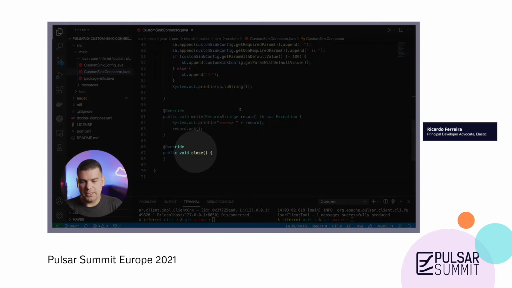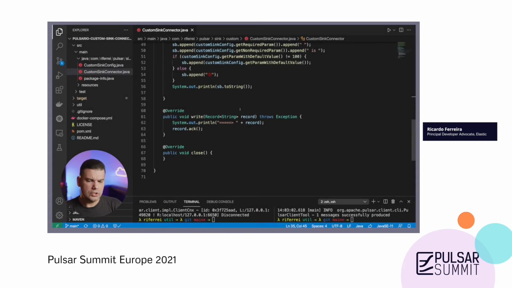And you have the close callback. I didn't use it here, but here is why and where you're going to use the close method. Maybe you've established some resources or created some threads, things that are expensive from the hardware resources consumption perspective, and you do want to close those resources to avoid any leaks in your code. So this is the perfect method to actually do this, right?